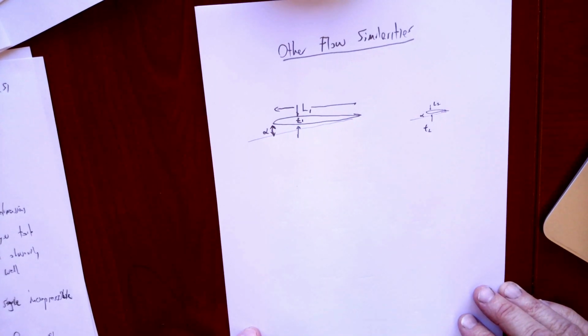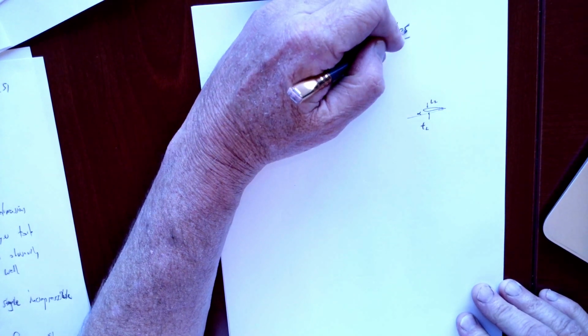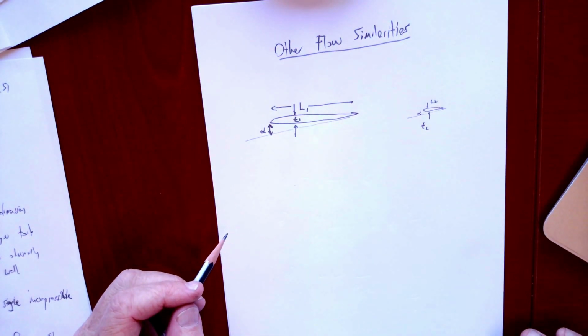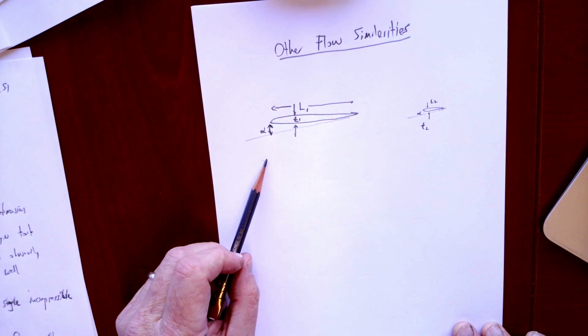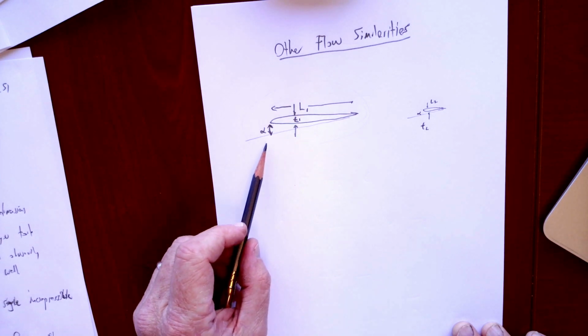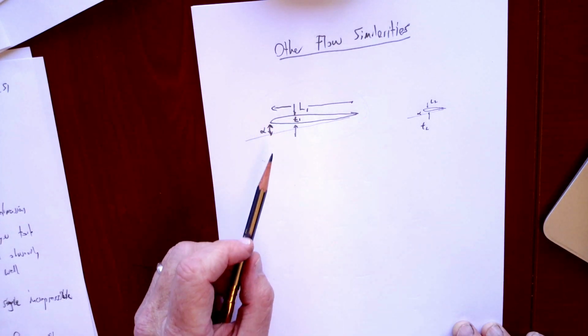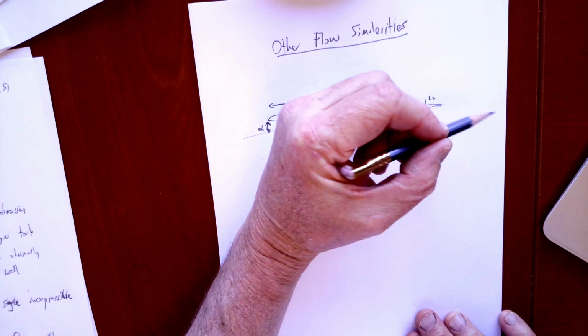So we'll talk briefly about other flow similarities that you have to pay attention to if you're studying fluid flow in experimental systems. Let's suppose we're actually going to try to model this wing. It has some chord length L1, some thickness at this point T1, and some angle of attack, say alpha. If you're going to model that in a smaller system, then of course your geometric similarity is going to